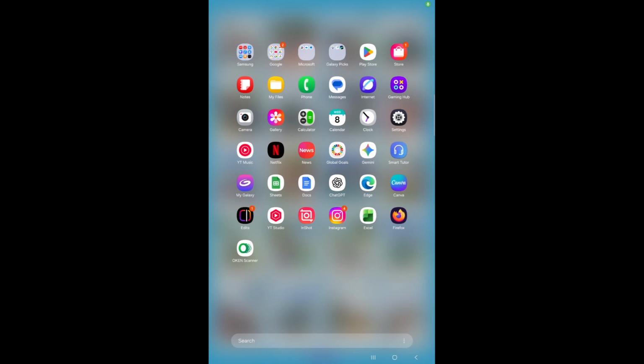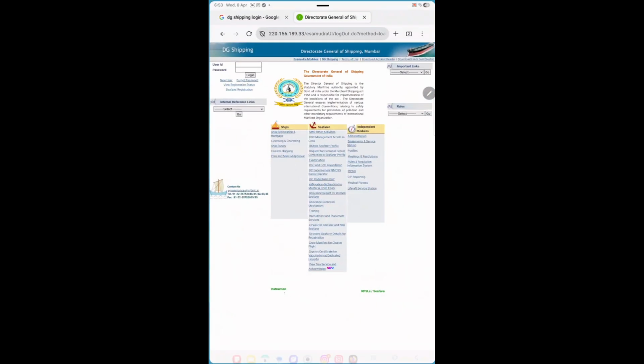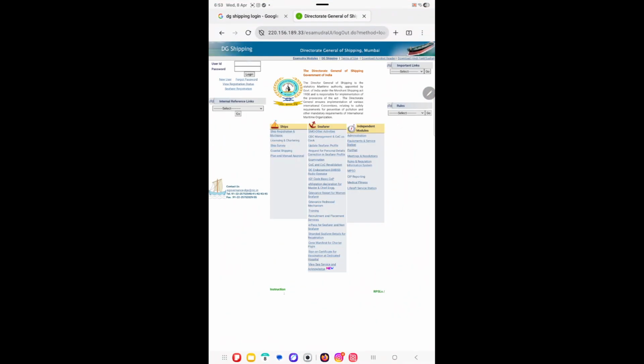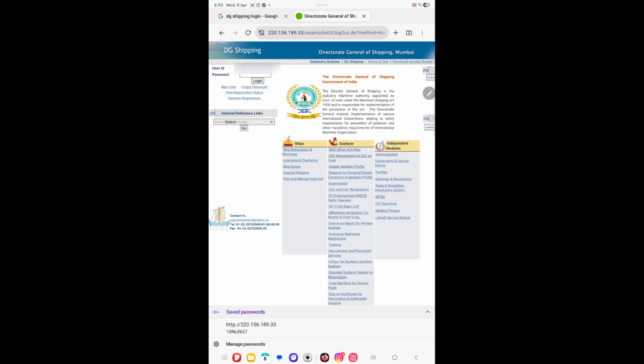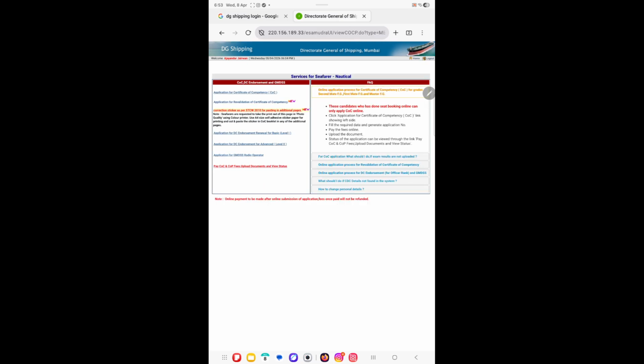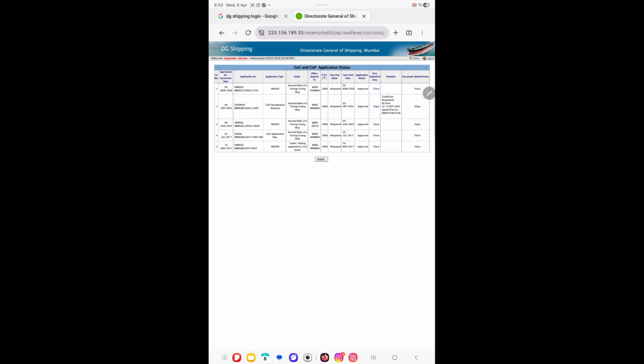So once you have submitted all your documents correctly sequence wise, then you can check the status in the DG Shipping website, and you can again type your ID, your password, and then log in. Once you log in, then you go in a column of GOC, and once you click on GOC, then this is the status, and then you can click on the red one. Now you can check here that your status